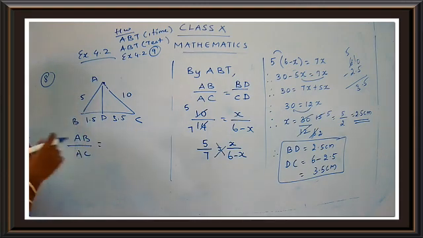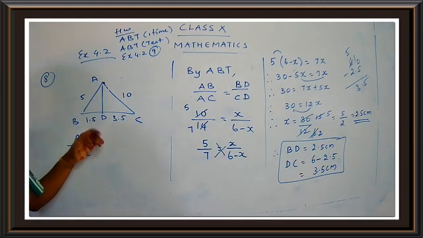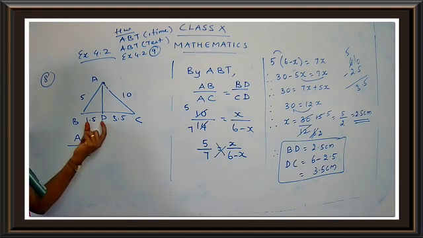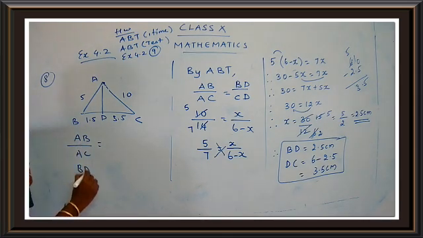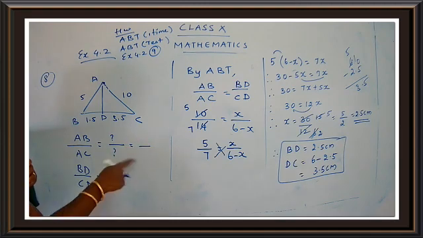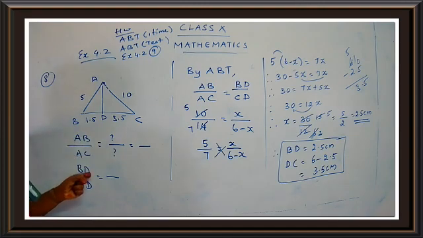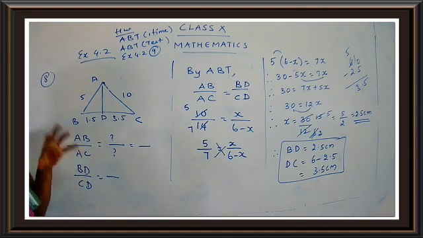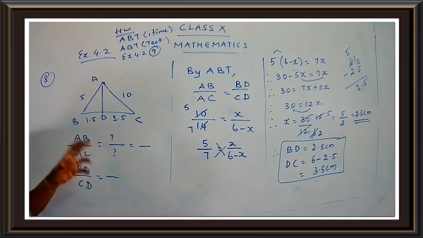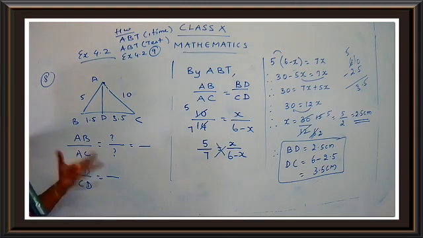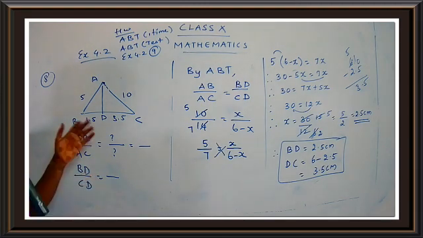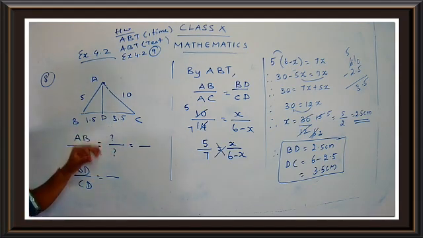Okay. Now you have to take the opposite side. What is the opposite side here? What is the part that you get? You get BD upon CD. So you have to find BD upon CD. You know all the values. Okay, substitute the values and get the answer. If you get the same answer, if you get AB upon AC is equal to BD upon CD, you say that AD is the internal bisector. Yes, AD is the bisector of angle A. If the ratios are not equal, you say it is not the bisector. Very simple thing. You have to just find out the ratio and get the answer.